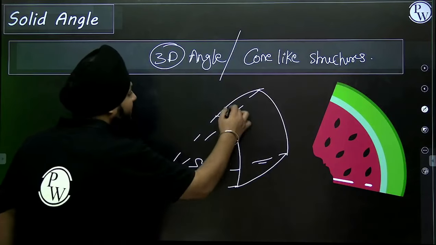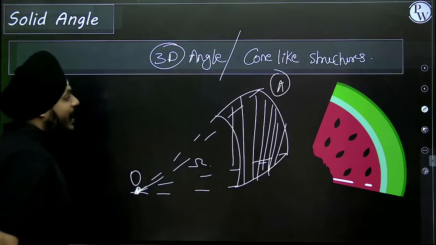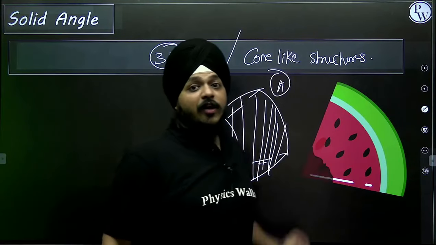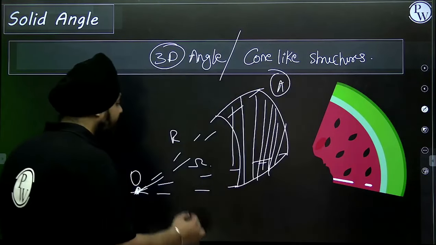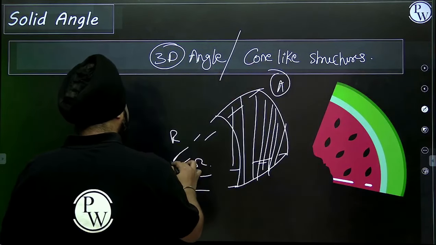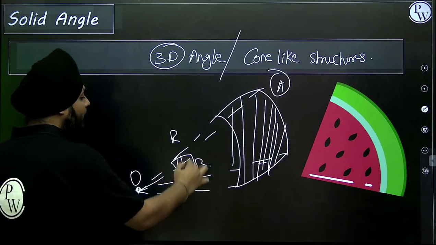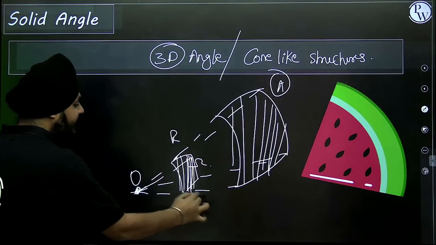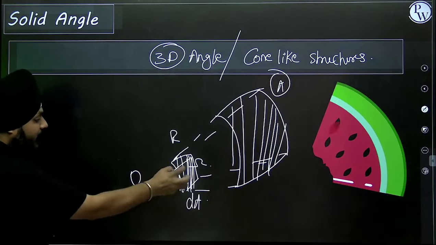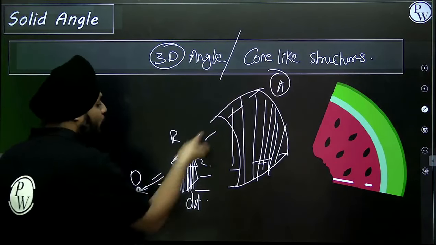Okay, no worries. Suppose I'm talking about this area. Can I say this is the area A of the slice and this is the radius R? If I'm talking about a very small area element of it, this area element is defined as dA. It extends from 0 to A. This dA element is first shrinking to 0 and then expanding to A, so it ranges from 0 to A.